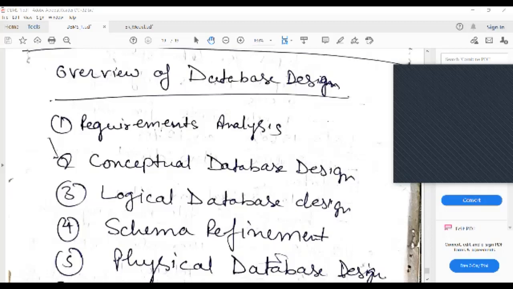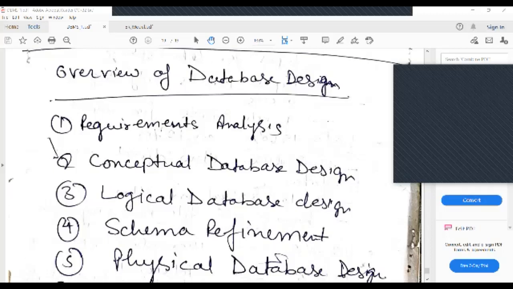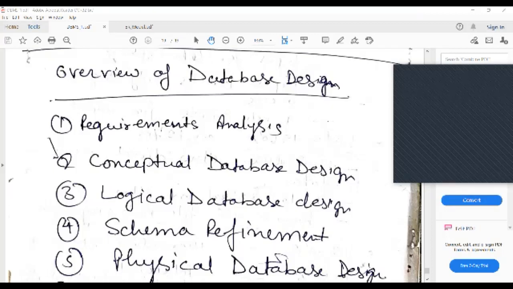The name itself is indicating that conceptual database design means you are going to design your overall database in terms of entities, okay, and relationships among those entities. Okay, so at the conceptual level, which data model are you going to use here? That is the ER model. Okay, this is our objective, because in today's class we are going to learn this ER model in detail.